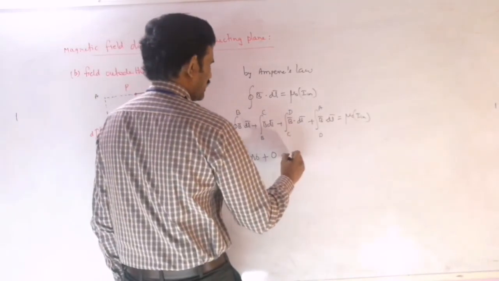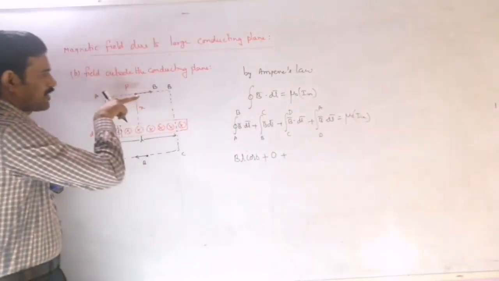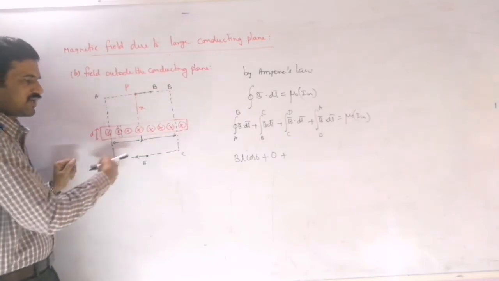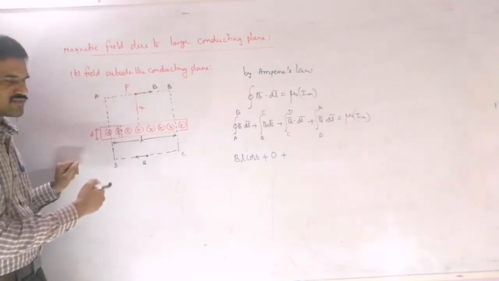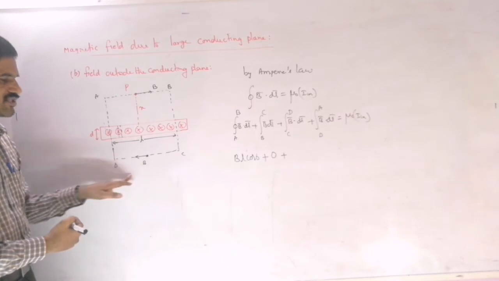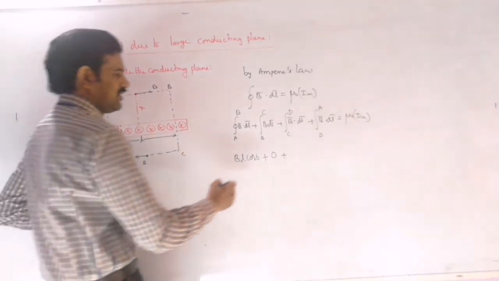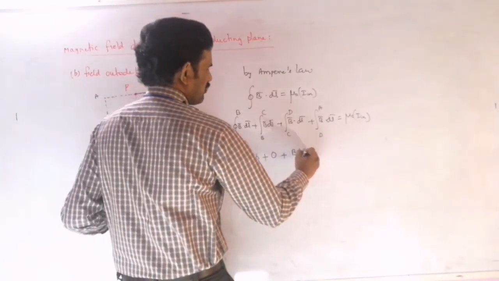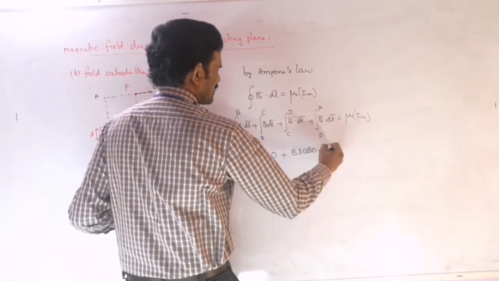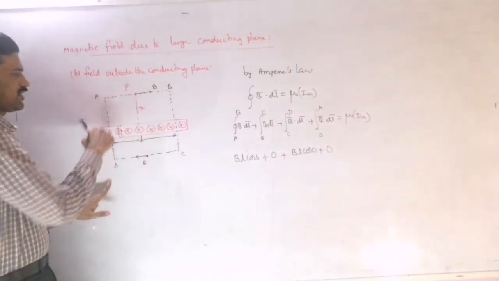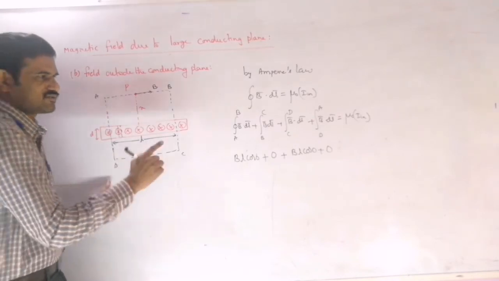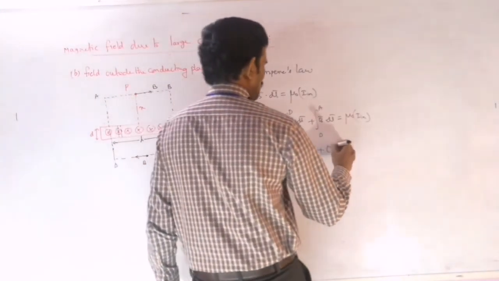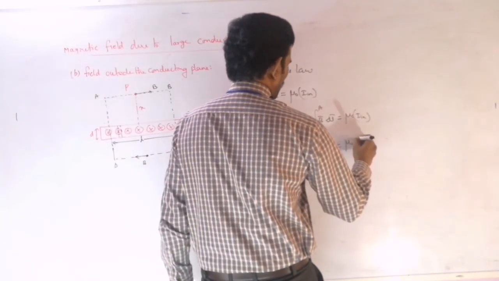And for that again this value will be the same here. We know here the magnetic field is towards right and here the magnetic field will be towards left. We discussed it just now. Then we are traveling C to D in the same direction as the magnetic field, so this value will be BL cos 0, plus again this D to A is perpendicular to the magnetic field direction here, so that term will be 0. And this is equal to mu naught into I enclosed.